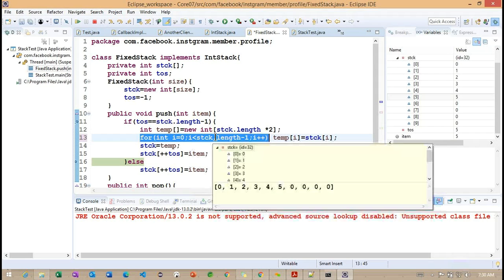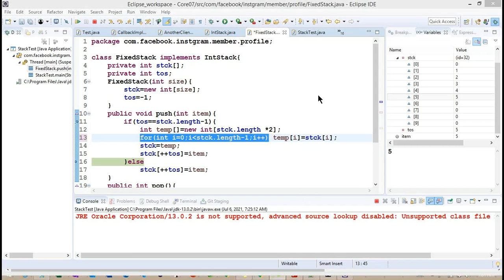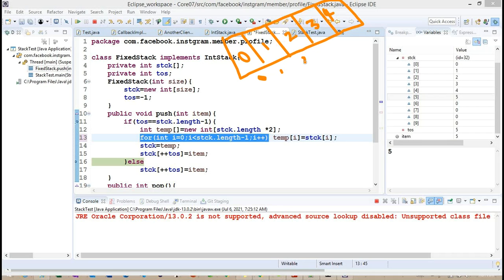But if you observe carefully, if the loop is repeated 4 times here, the fifth record we are unable to copy. Why are we unable to copy the fifth record? So understand carefully here. Basically, this is the initial stack: 0, 1, 2, 3, 4. The indexes and the actual values are the same. Getting the point? Here also we have indexes and actual values the same.